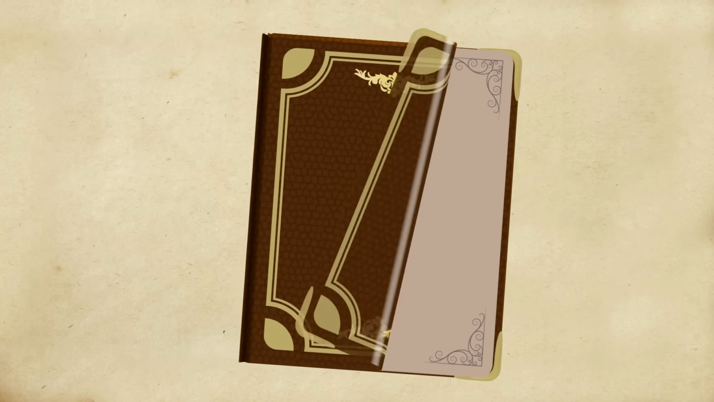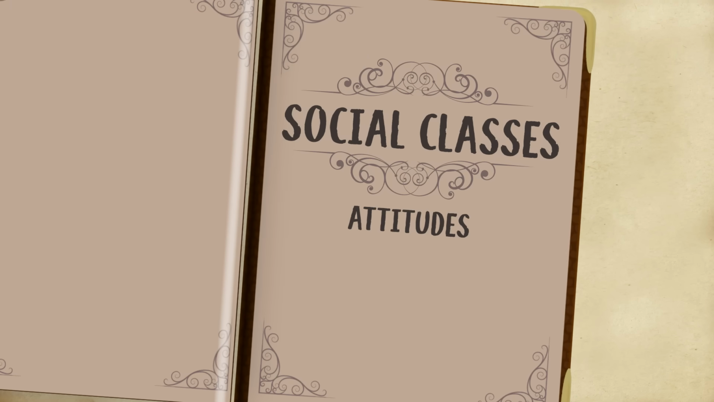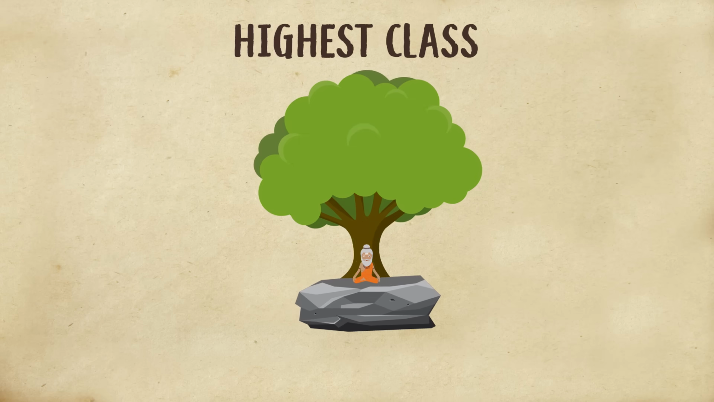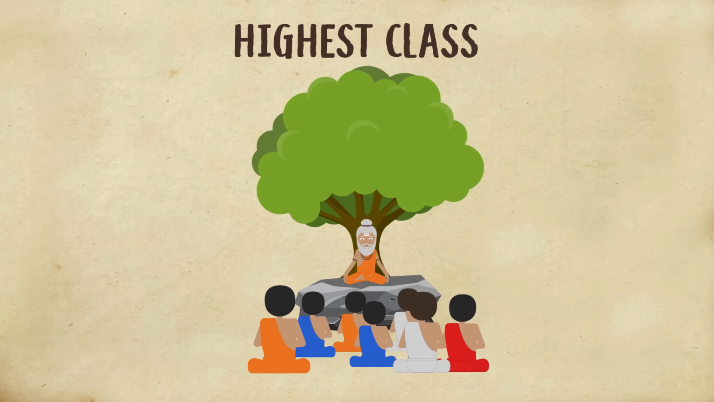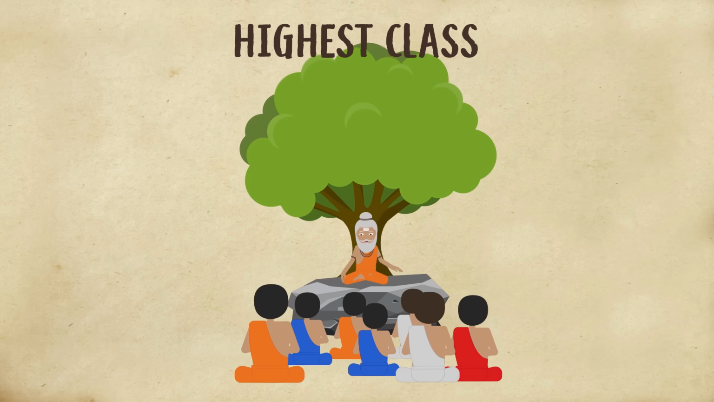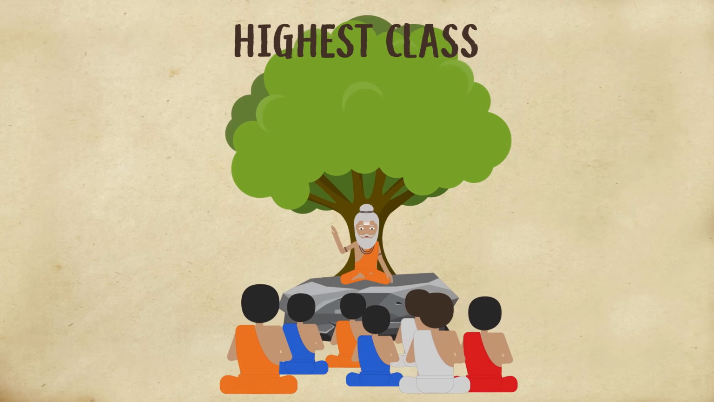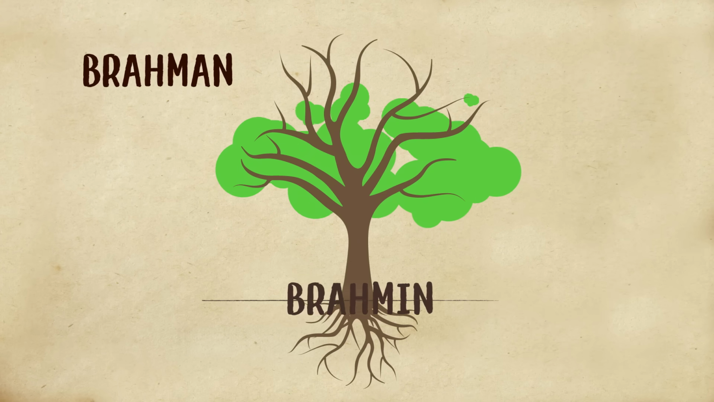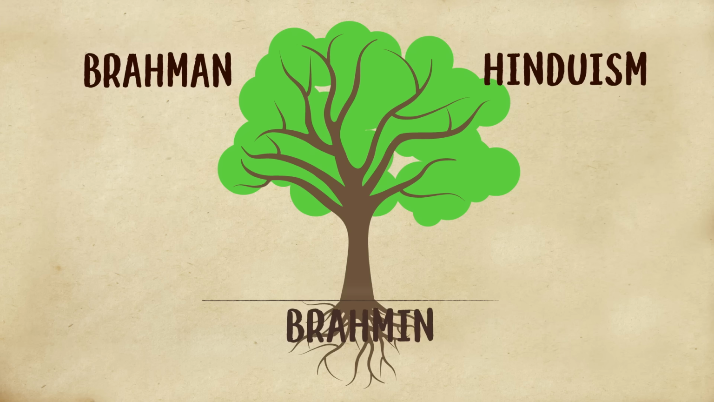In what ways did social classes of ancient India reflect the attitudes, beliefs, and needs of ancient Indian society? The highest social class, the Brahmins, were those directly connected with Hinduism. They were religious scholars who sought knowledge and heightened spirituality or enlightenment. The word Brahmin has its root in the name Brahman, the universal being of Hinduism, of which all Hindu deities